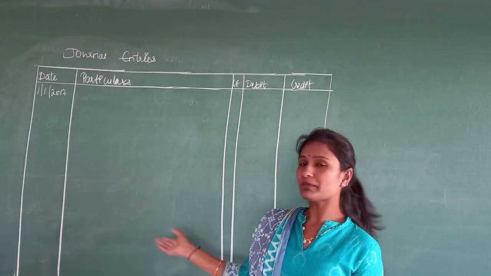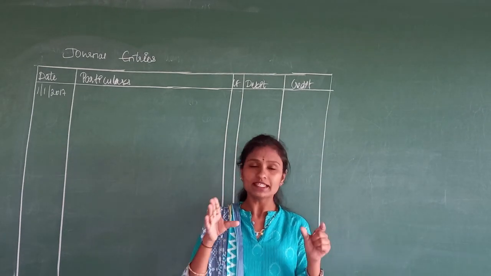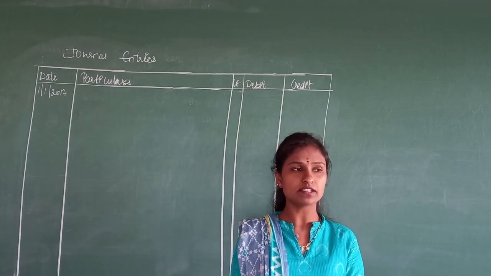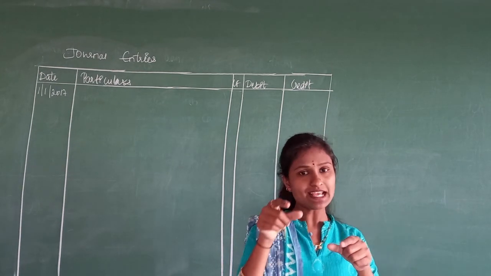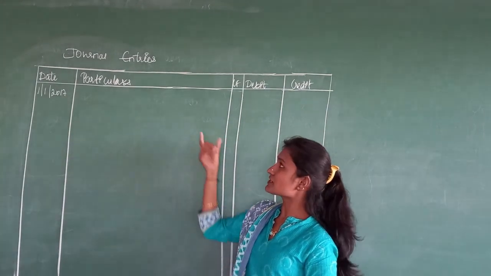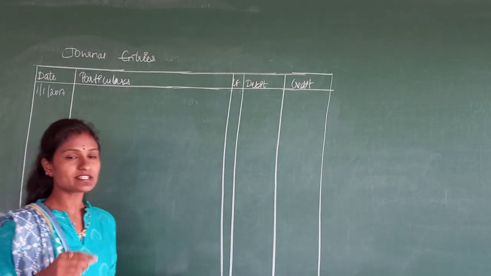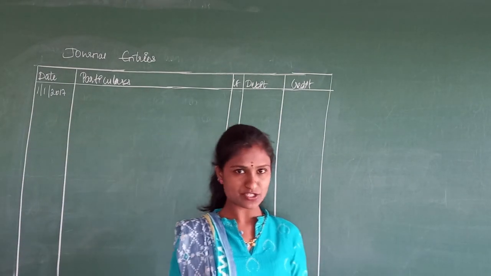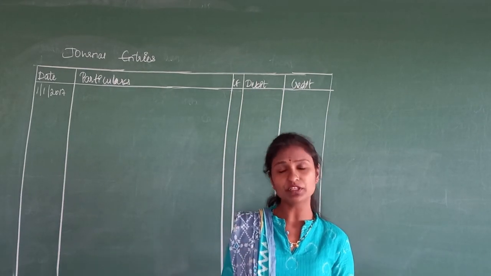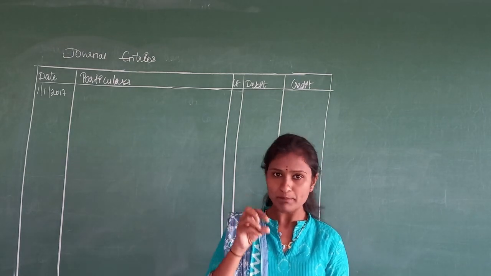But I will tell you again that you need to put the journal entry and then post to the ledger, because in the annual examination they ask the question this way: journalize first, then post to a ledger account, right? So the first transaction is: business started with cash, right? Whatever we do in a journal entry will be from the point of view of the business, right?